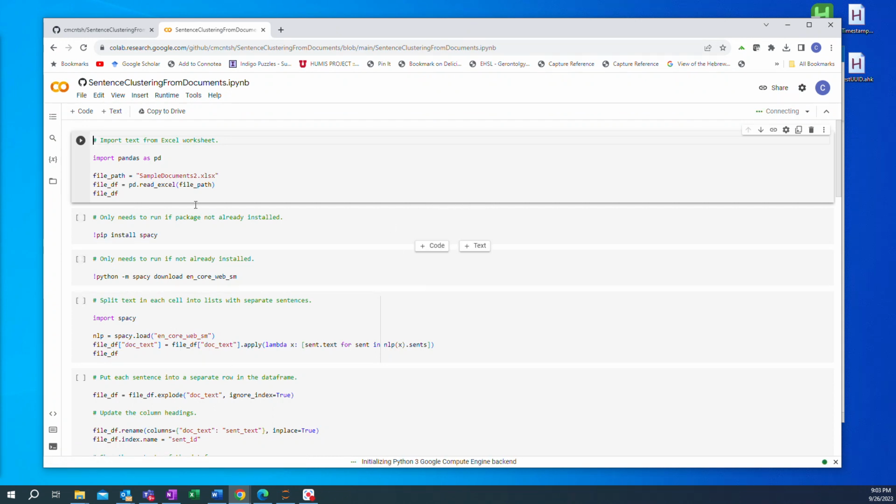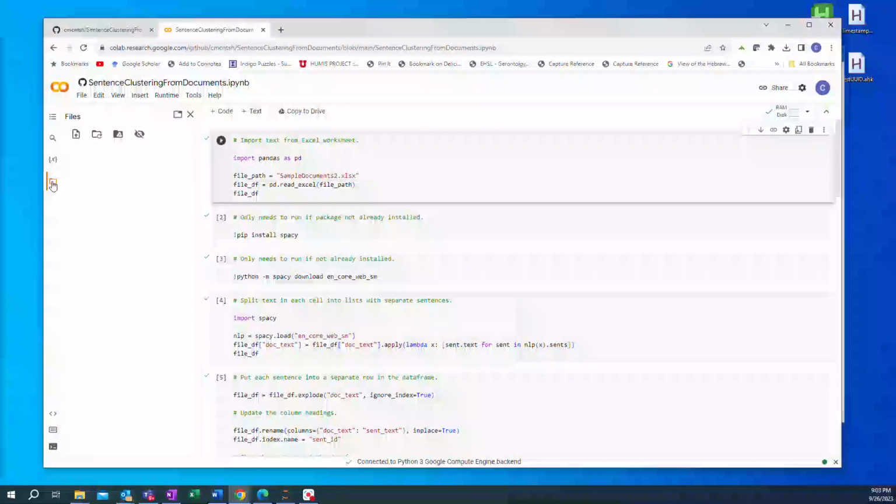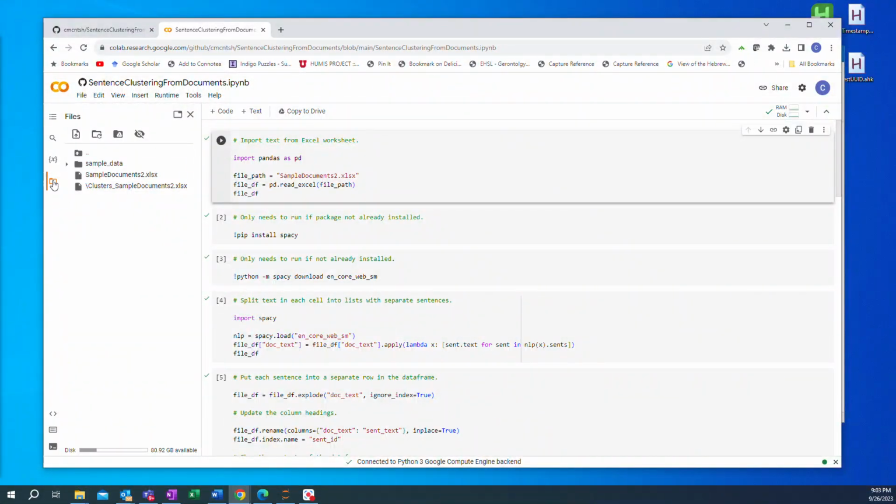And now you'll see that this Jupyter notebook has opened up. On the left-hand side, you'll see some icons, and if you hover over the one that looks like a folder, it says Files. You'll want to have that, and I had already run this before and uploaded this sample document, but in